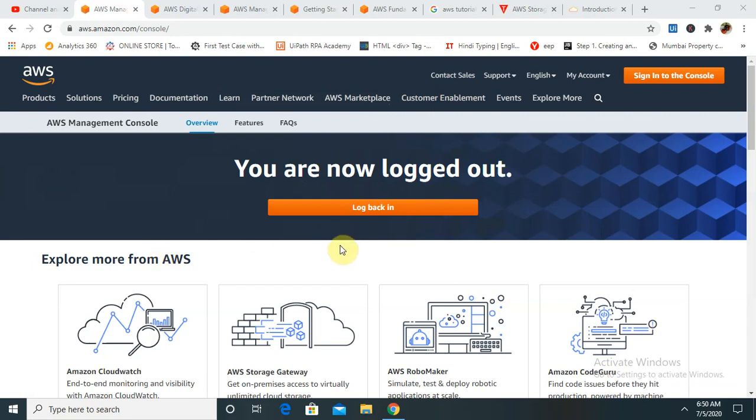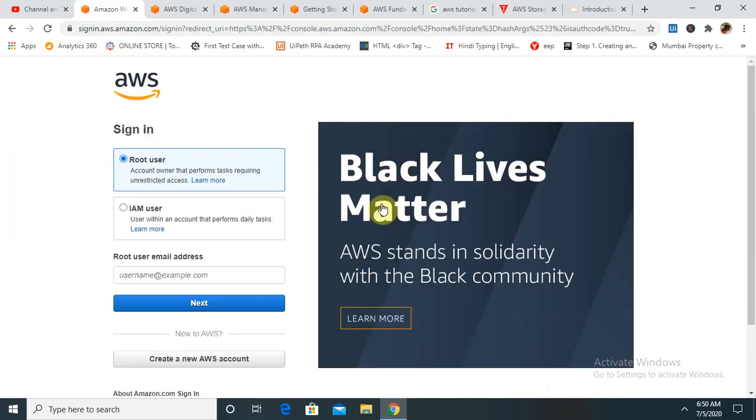So in the previous session I explained how to create the free account and you will use that for our specific project. But in this session I will walk through the different services and which components are available in AWS. If you really want to have a look at how to create the account, please watch my previous session so that you are able to create your own account on Amazon Web Services.